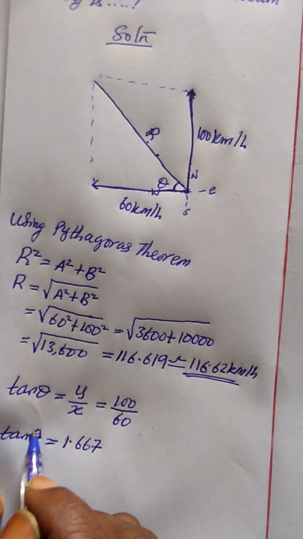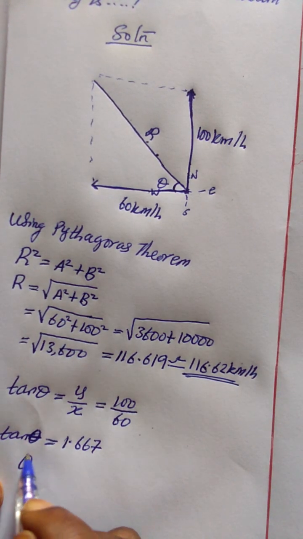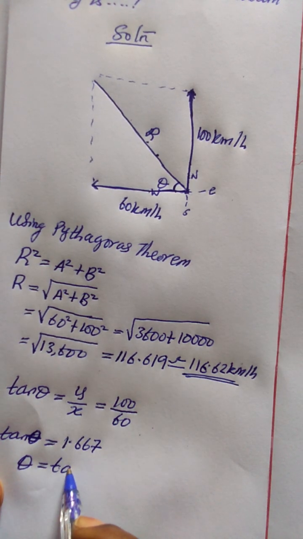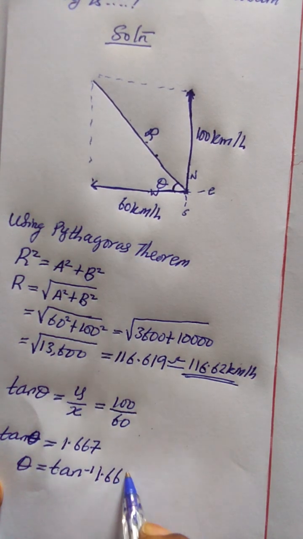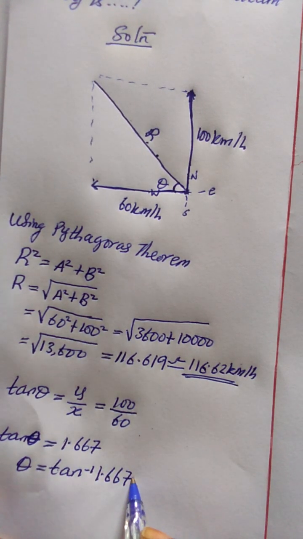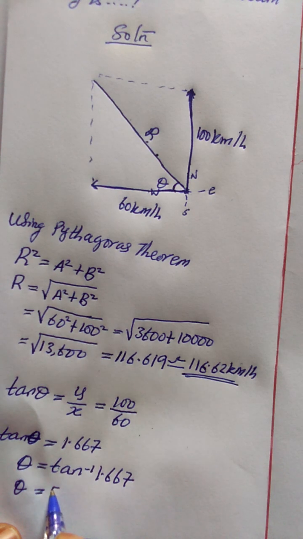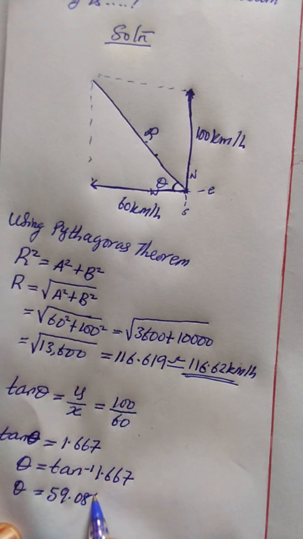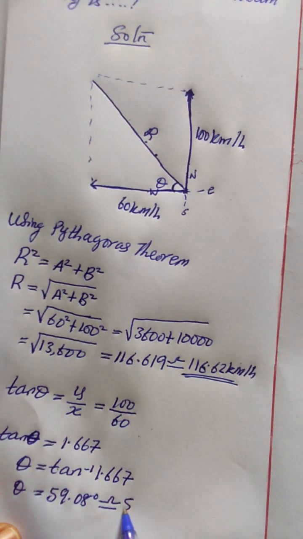Remember, what we are solving for is theta, not tan theta, so we make theta the subject of the formula. Tan crosses to this side and we have tan inverse of 1.667. If we find the tan inverse of 1.667, we get 59.08 degrees. Approximately, that gives 59